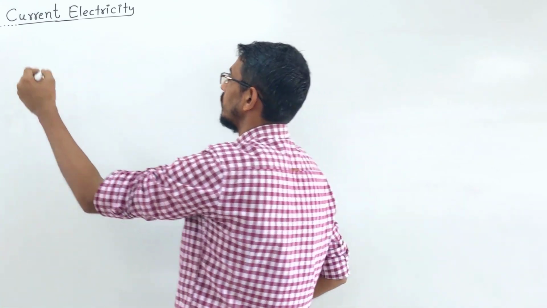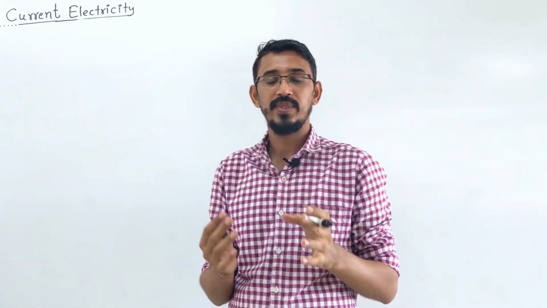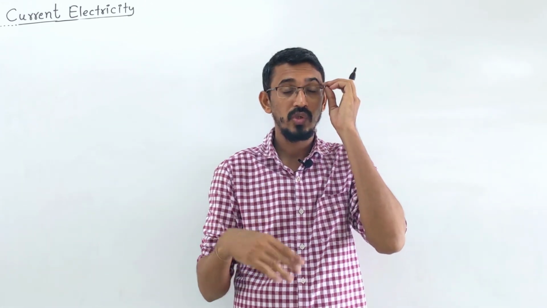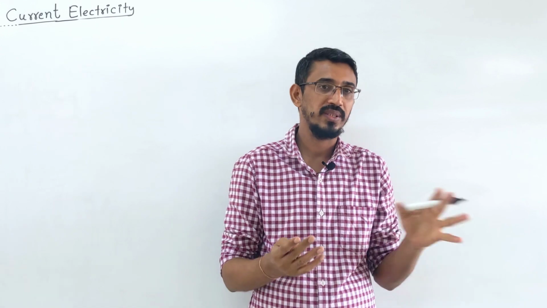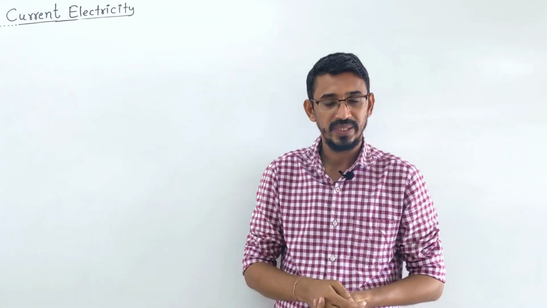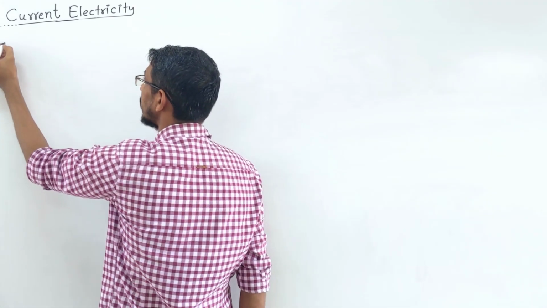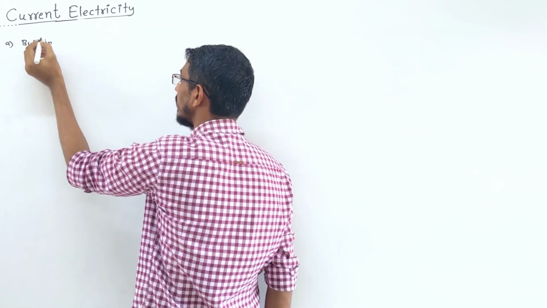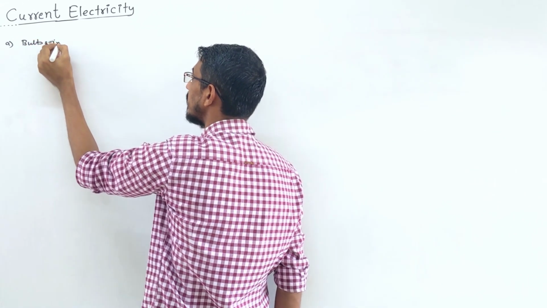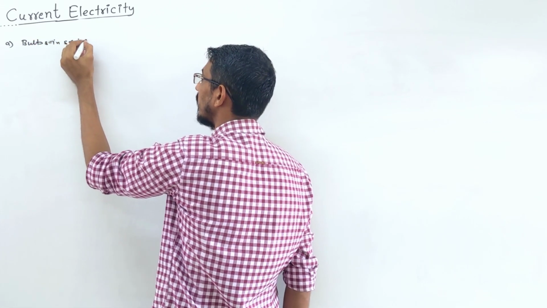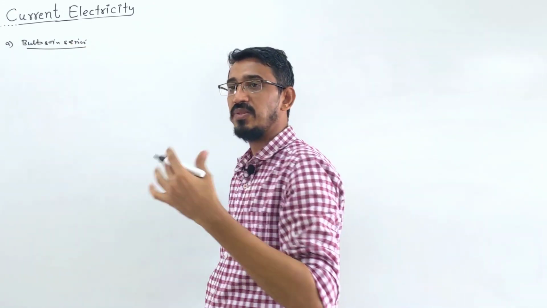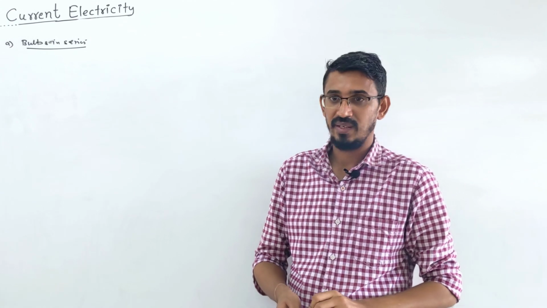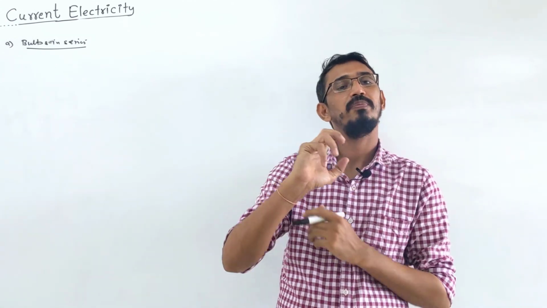One question they ask is like some bulbs will be connected in series and parallel, and then they ask which bulb glows brighter or shines more than the other. Based on their power ratings we have to answer. So look here, first I say this shortcut for bulbs in series. We have learned resistance in series and parallel, then we have learned cells in series and parallel. Now we are talking about bulbs, and bulbs mean we are talking about power.